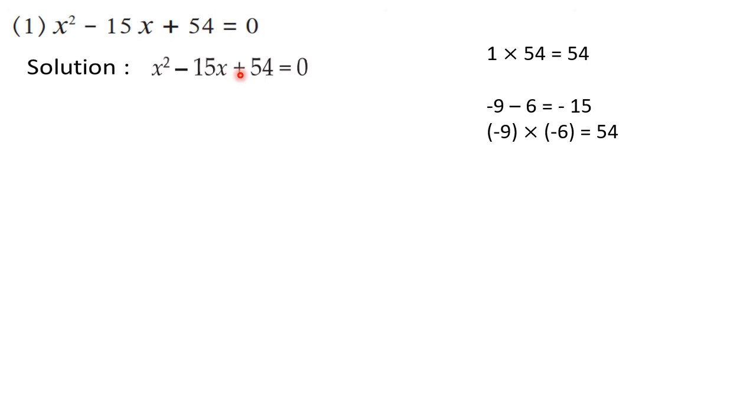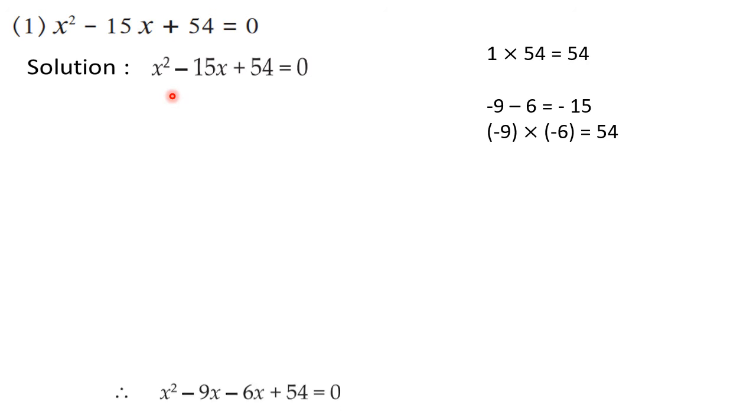See, whenever plus sign is there, always both the numbers will have the same sign. Either they will be positive or they will be negative. How to decide the sign? Observe the middle term. If the middle term is positive, both the numbers are positive. If the middle term is negative, both are negative. So here the middle term is negative. Therefore, we have the numbers minus 9 and minus 6. Now this middle term we will split as minus 9x minus 6x. That is why this method is also called factorization by splitting the middle term.